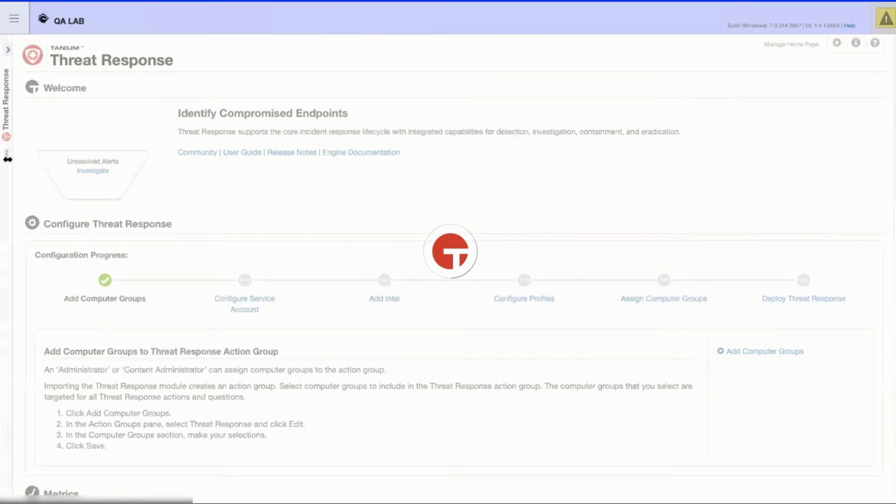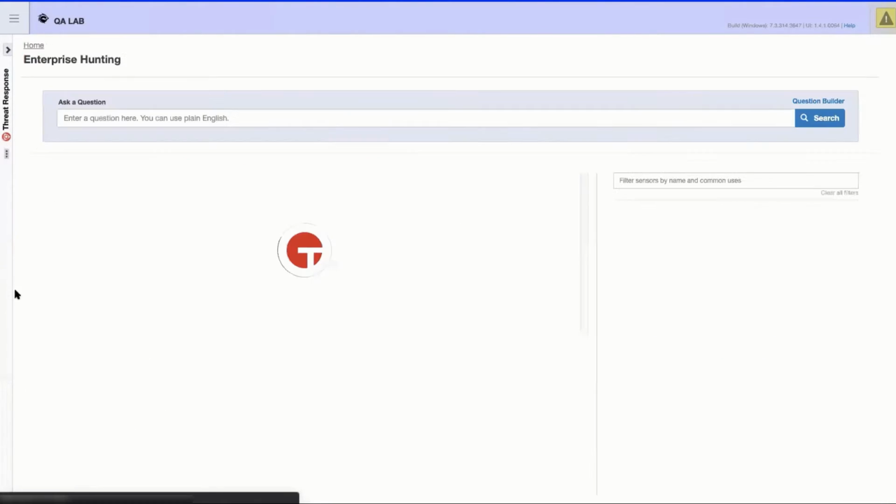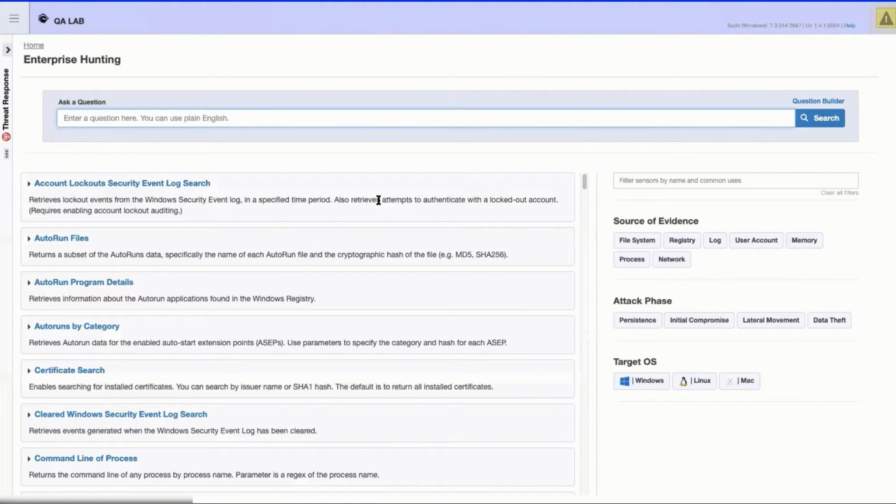Also, some more items with that hunting dashboard that we were talking about earlier. And what I really recommend you do is go through the hunting dashboard and start digging into different types of questions. I showed you auto-run program details earlier, but there's a lot of good information in certain ones in here that you really want to make sure you understand what your network looks like by running these. Some of the ones I'm going to look at are some of the ones I use a lot, which are